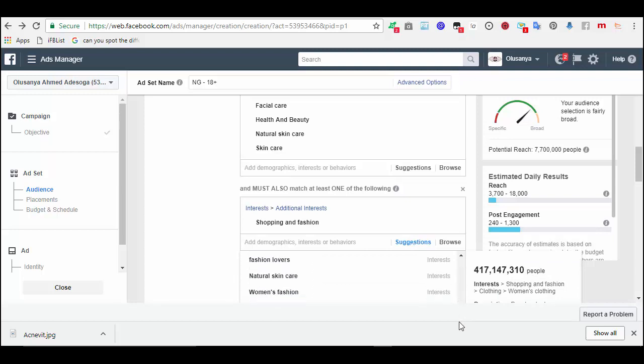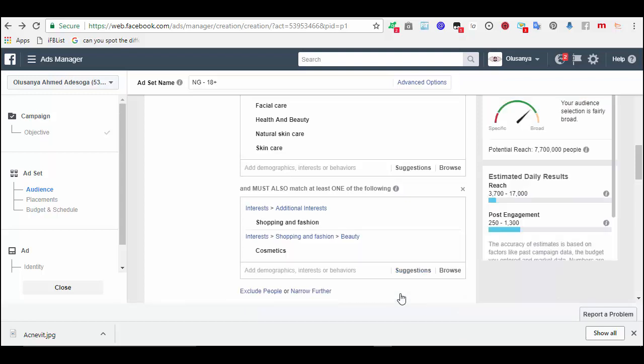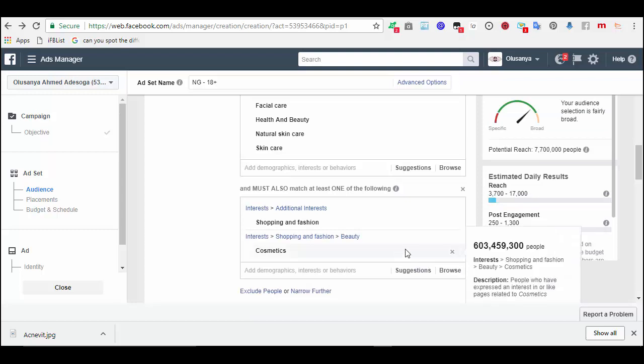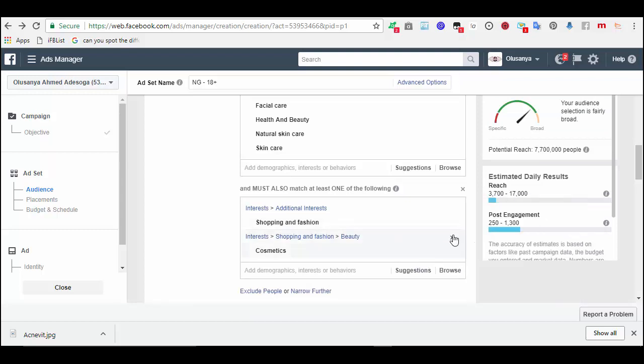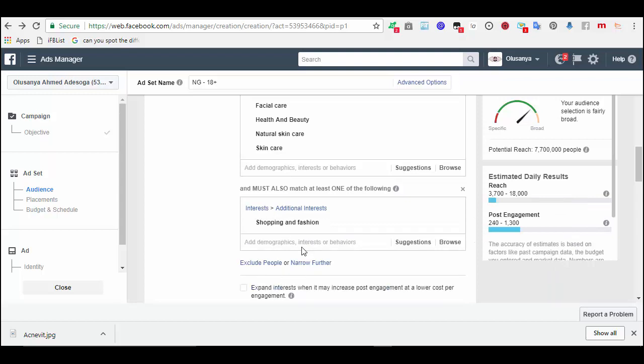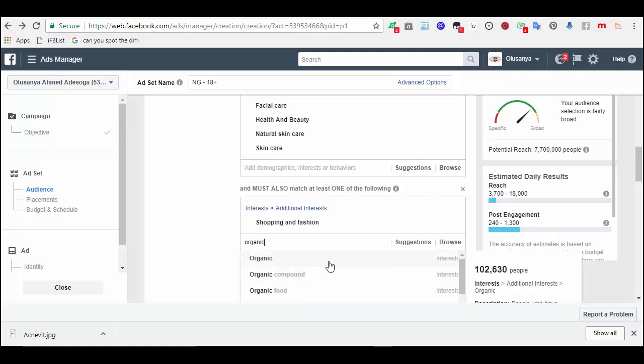So cosmetics, let me see cosmetics. There's nothing in cosmetics too. Let me remove this. So I can decide to say organic beauty or something. Okay, organic beauty. Let me remove this.